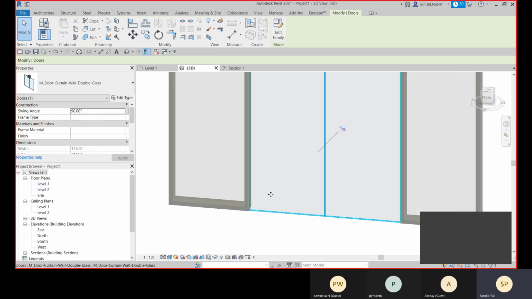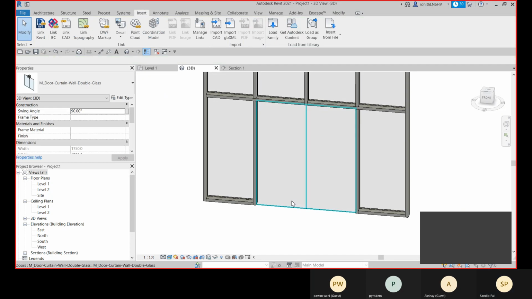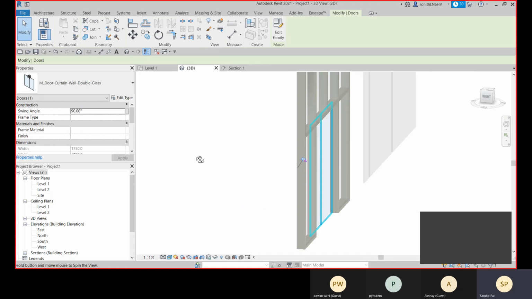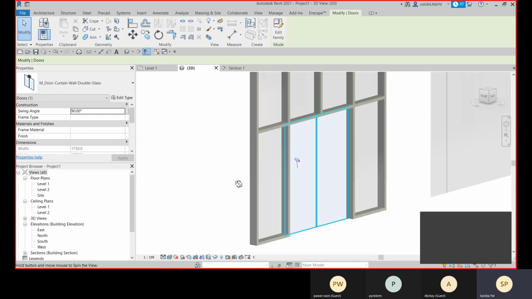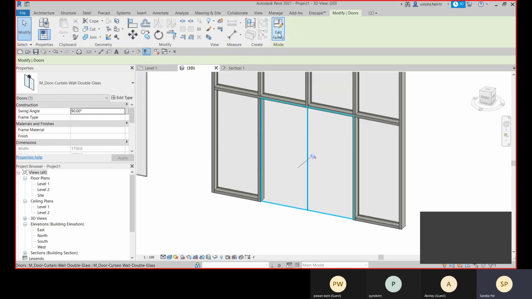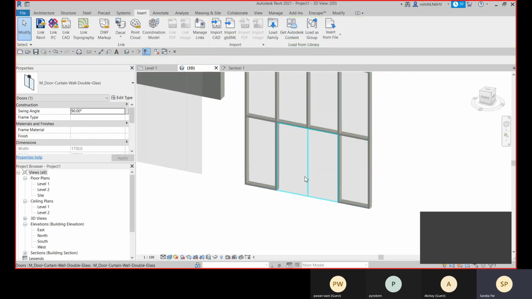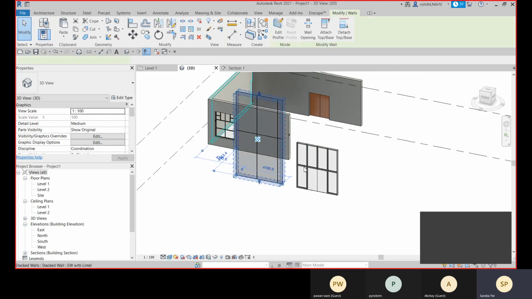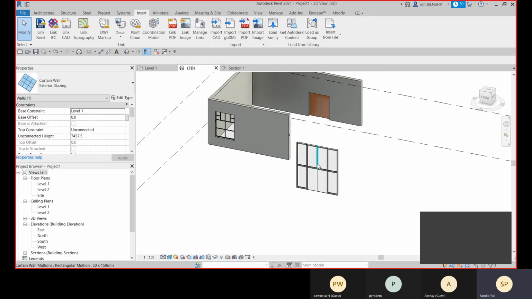And it is changed. All right, and anything else you need to apply, we will learn later, how we can edit the family, how we can create the family. Okay, so right now this is applied. So with this option you can create some non-load-bearing curtain walls.